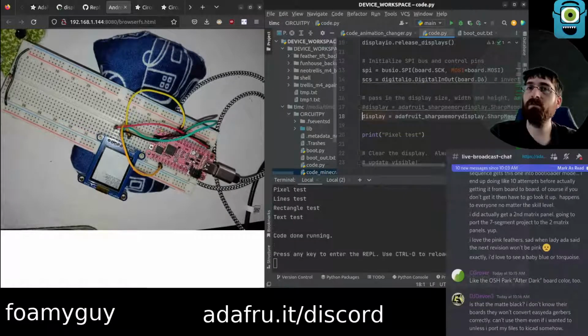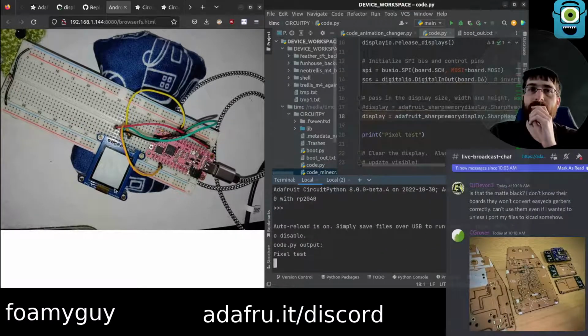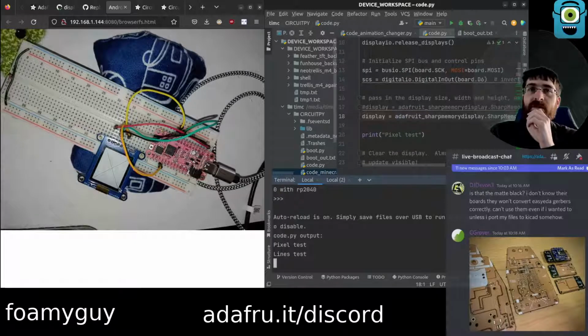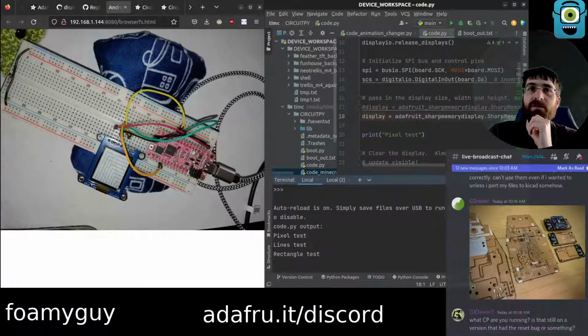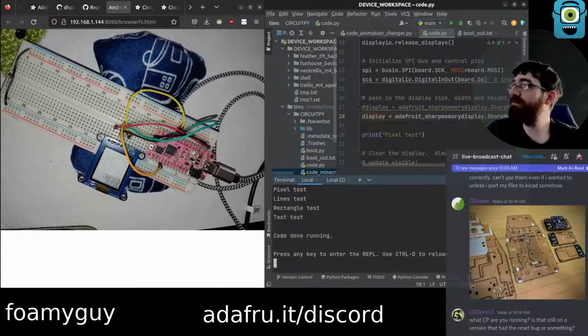Fair enough. Okay. I was kind of expecting the rectangle test, I believe. I was kind of assuming that it was centered and it was supposed to be over here, and it was actually just on a bigger display. Not seemed to be the case though.